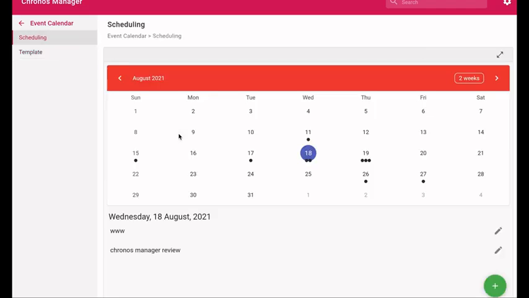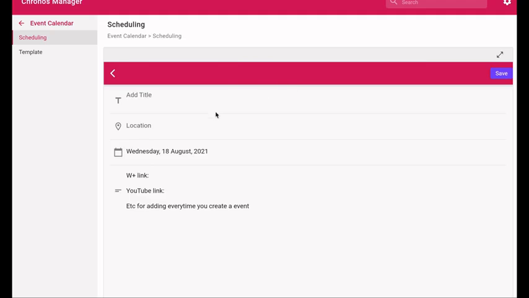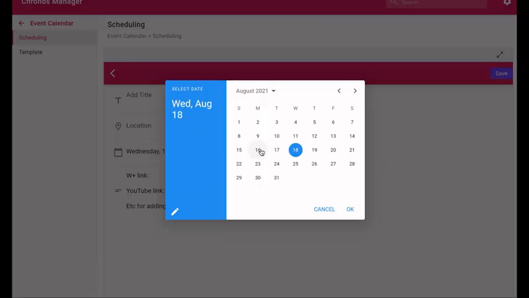So next you go for the scheduling, and you select any date, or you click on plus. So this will automatically bring the description here, whatever template you have given, the done-for-you template. So the complete template will be displayed here. You just have to attach your links. That's how we have to do it for individual events. So where you can add your title, for example, the product review, where location you can call it as Warrior Plus, or the sign up link for that Warrior Plus, and which date you would like to promote this product.